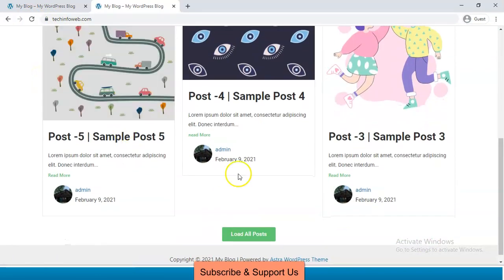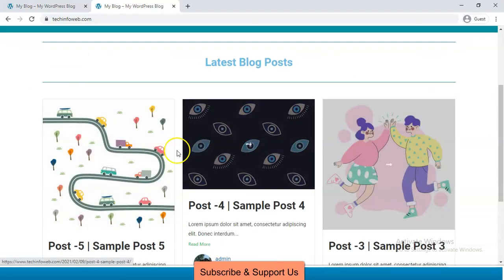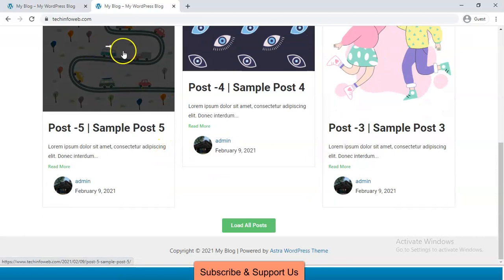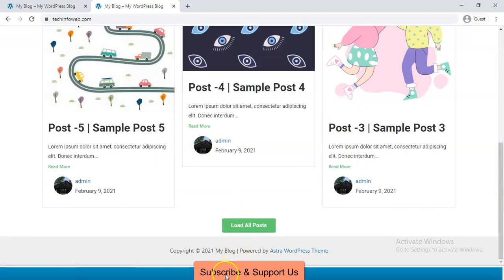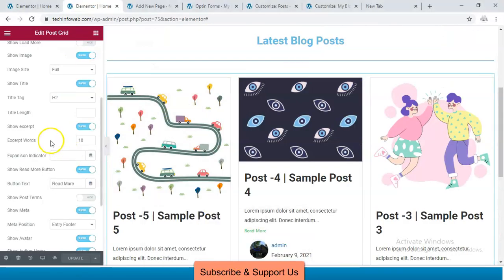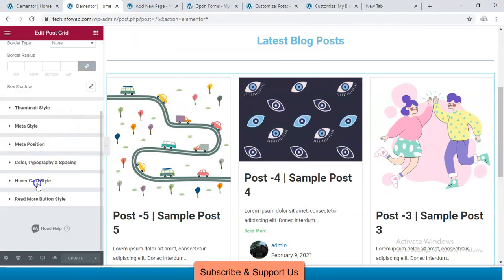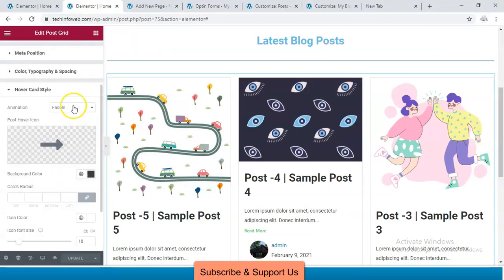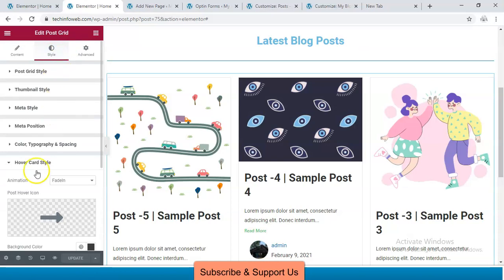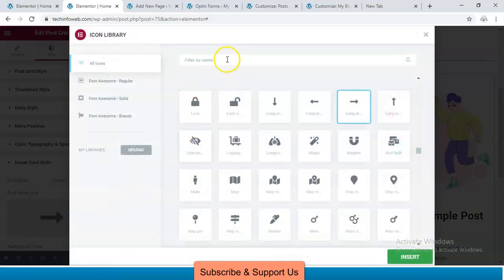Okay, when I set the image to full, it will load the design perfectly. We can also change the hover icons. In the style option, go to hover card style, click icon library and choose.